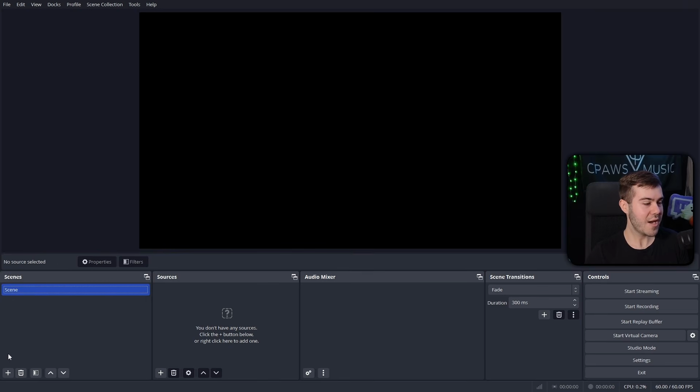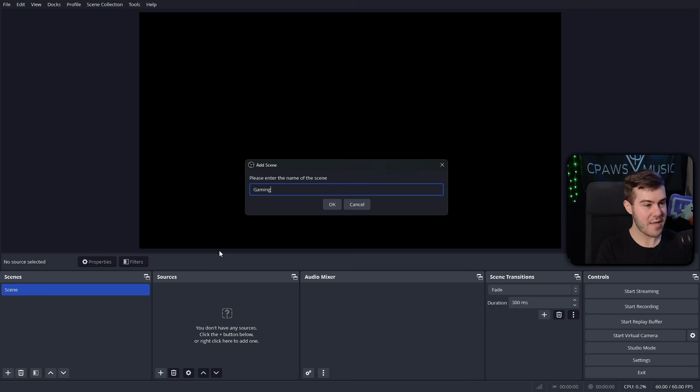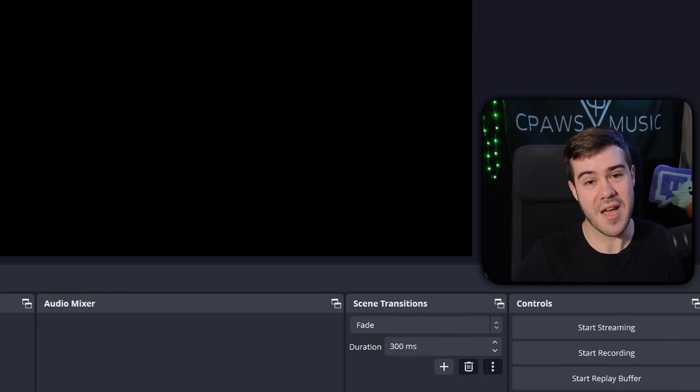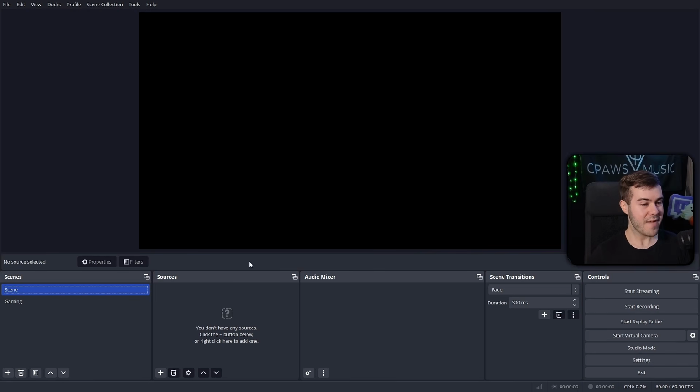So you can make an extra scene and we'll call it gaming. We can have this scene be just the game and then our webcam smaller, so that way you can switch between scenes simply by clicking them. Easy enough, right? Next to these tabs, we have the audio mixer, which is currently blank, but don't worry, we're